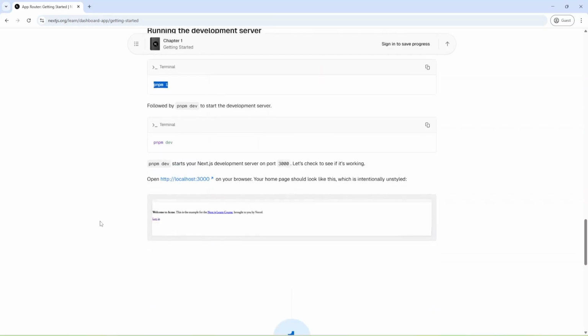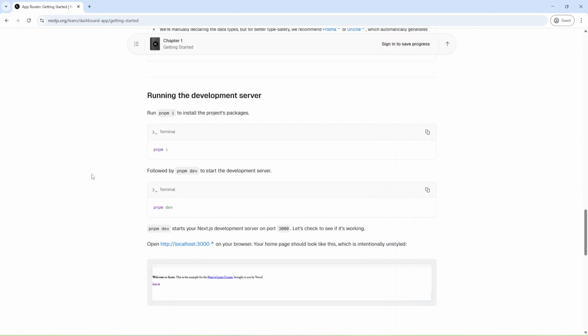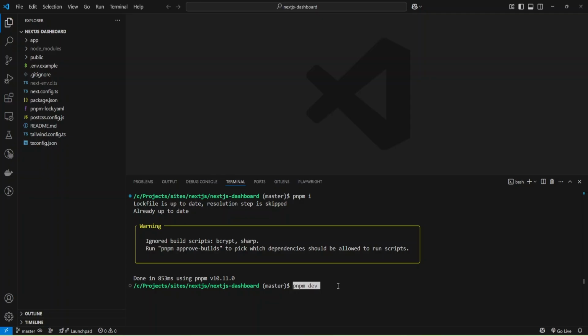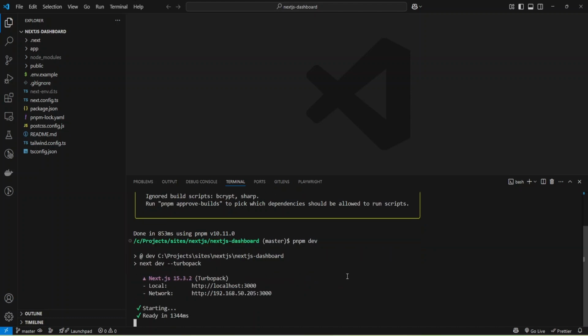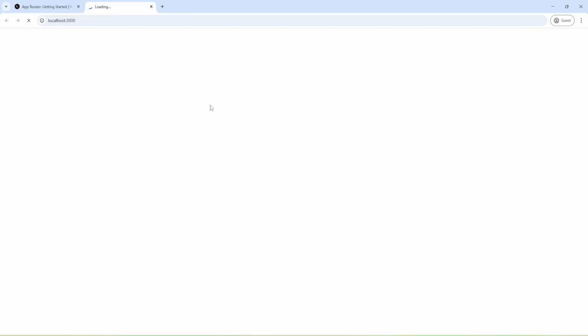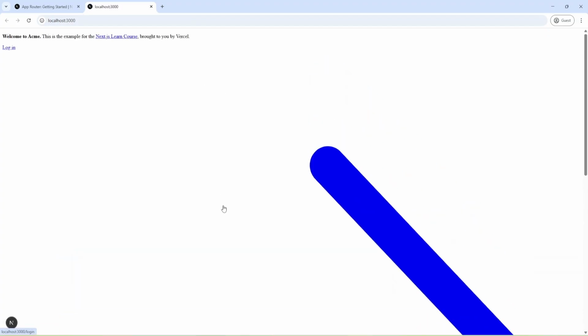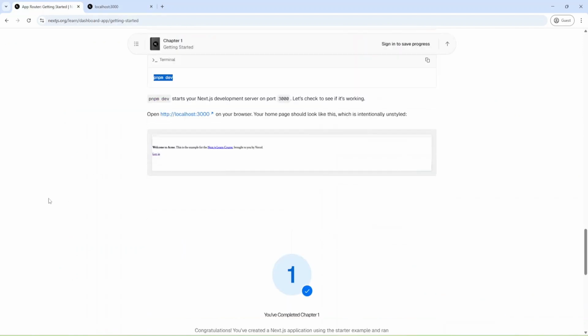And let's check what we have next. And next we can run the dev server after dependencies are installed. And I'll paste the command and run my dev server. And as you can see, we're using Next version 15, and I can start localhost and check. Okay, and I have my application running locally.